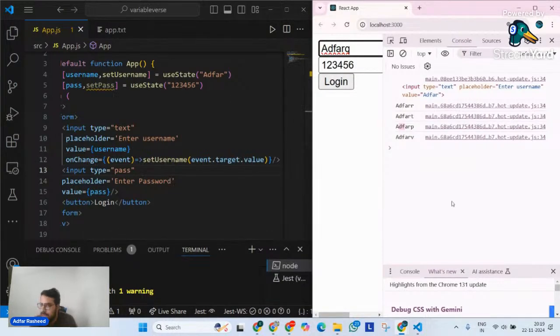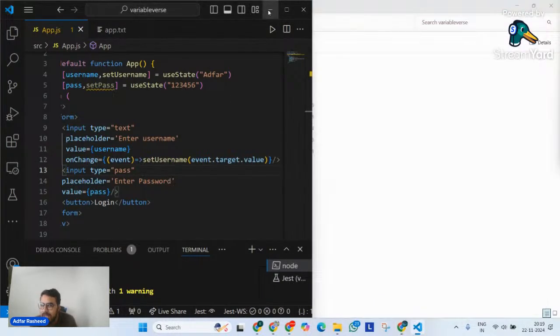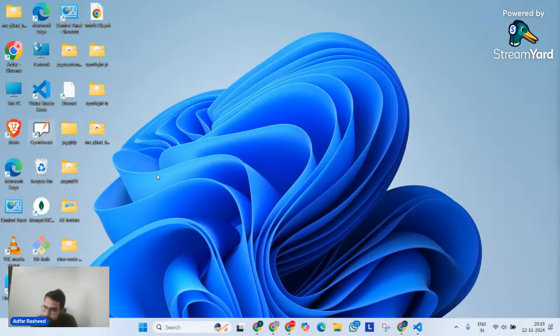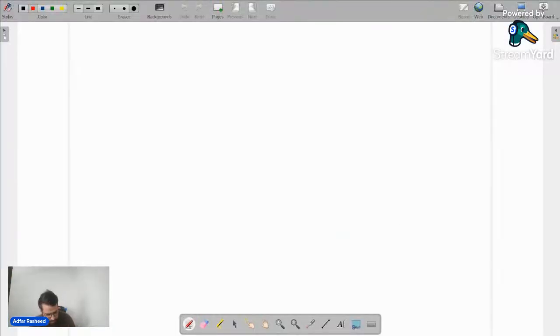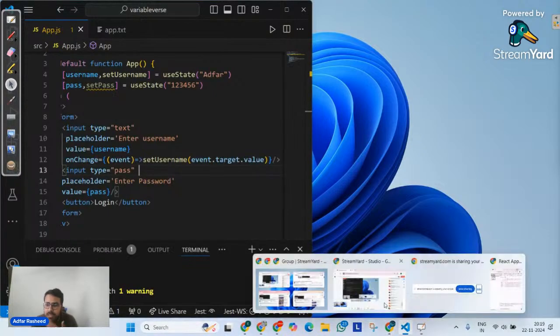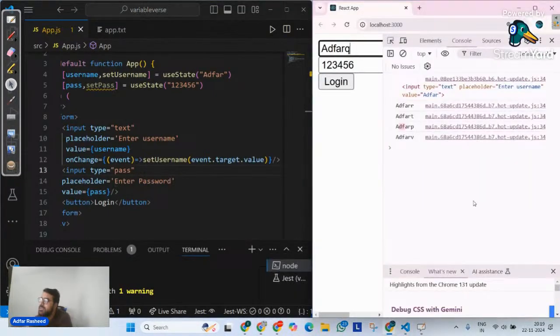And this concept in React is called two-way data binding. What is it called? Two-way data binding. Write it down on your rough copy or wherever you are taking notes. This is one of the most asked questions in React as well: explain two-way data binding. What do we mean by two-way data binding? Although, if you ask me, there's no concept as two-way data binding inside React because it has a completely different